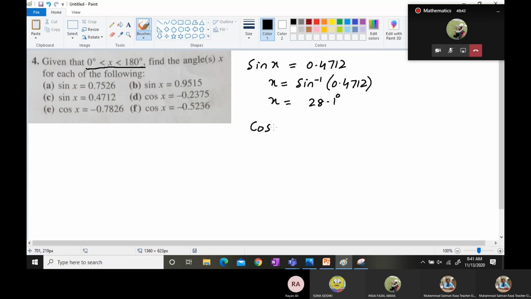Similarly, if I take a question of cos x, it says minus 0.5236, and I'm going to write x is equal to cos inverse of minus 0.5236. When I put it in my calculator and close the brackets, the answer is